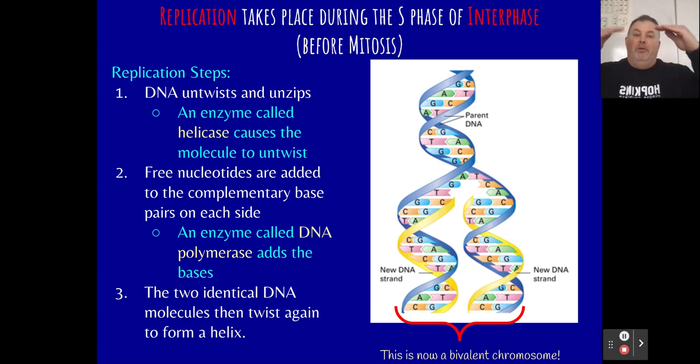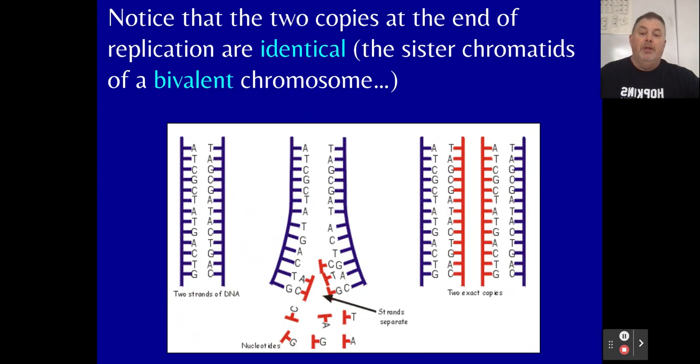So it goes from a monovalent chromosome, in other words, just one helical structure, to now two helical structures. And these are really kind of the overall general steps, and it requires some tools or enzymes in order to do this. This is a little easier to see this happening. We have our untwisted molecule of DNA at this point, and in the middle photograph, you can see